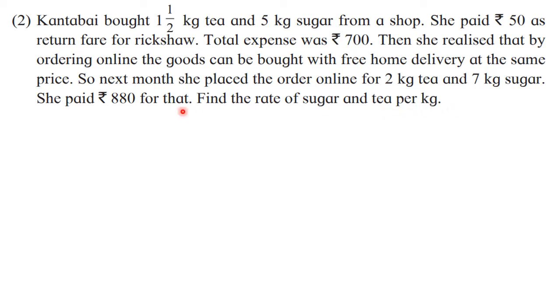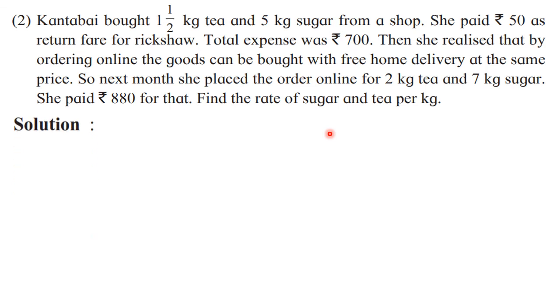Now this question is a little bit different. Try to understand: while giving the conditions or statements, they have used the sequence tea and sugar. But while finding, they have reversed it, sugar and tea. It is to confuse you, because in a hurry you will write the wrong variables and get the wrong answer. So you need to be very careful here while taking the variables. If you take X for sugar and Y for tea, then here Y will come first and X will come afterwards.